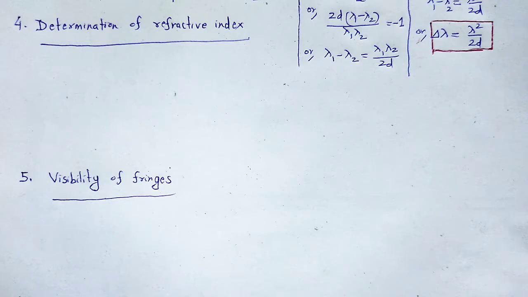A liquid containing chamber, with thickness small t, is placed in any arm of the Michelson interferometer. There are two arms, one arm where M1 is placed, another arm where M2 is placed; in any arm we can substitute that chamber which has the thickness small t. In the same way, when we measure that path difference,